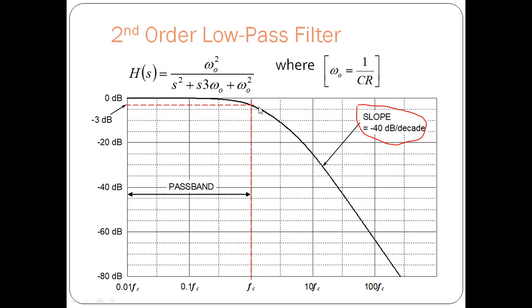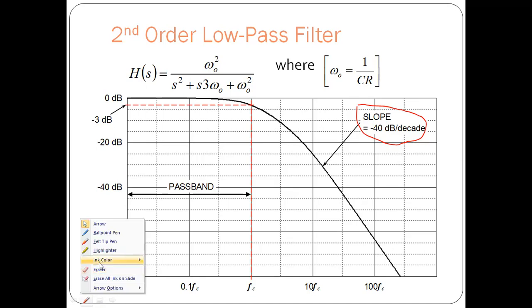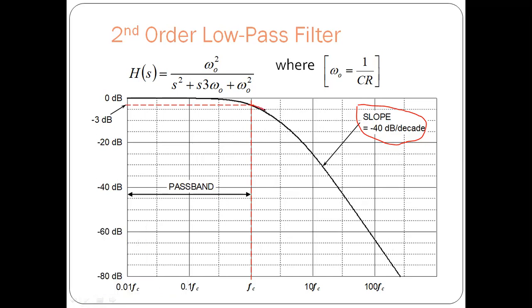That means in case of the first order low pass filter, the response resembles like this. In case of second order, the response becomes like this. As we increase the number of RC circuits, that is third order, fourth order and so on, which means we are increasing the number of RC circuits connected in series,